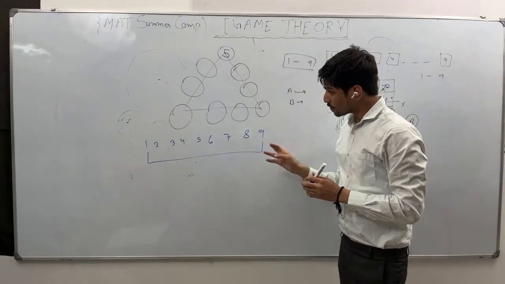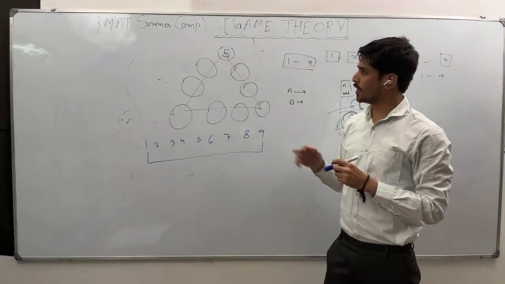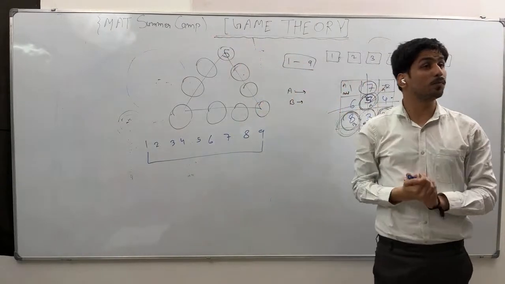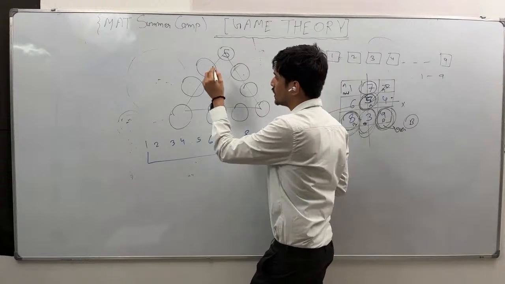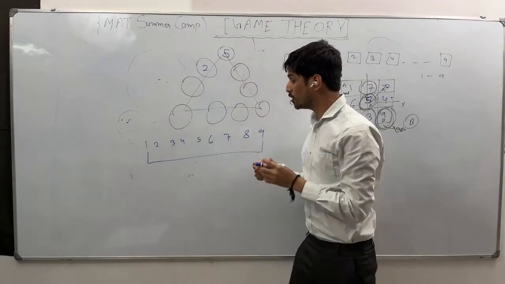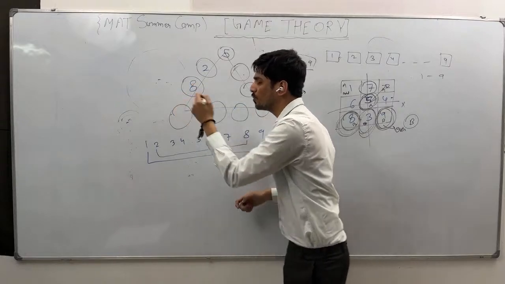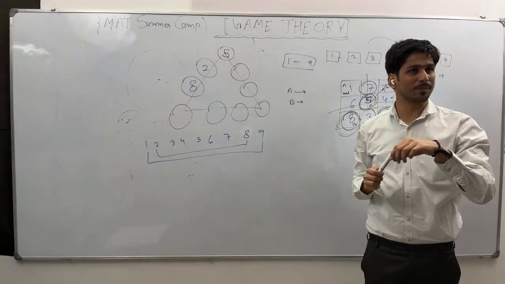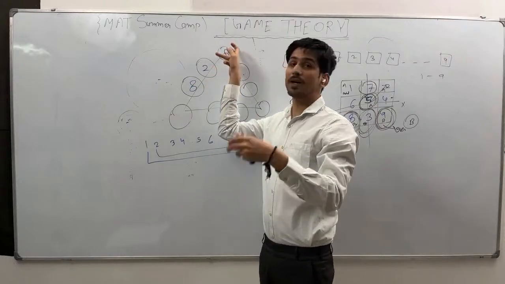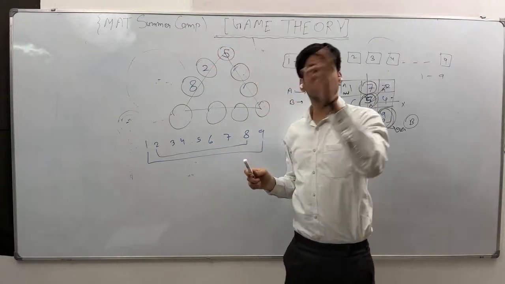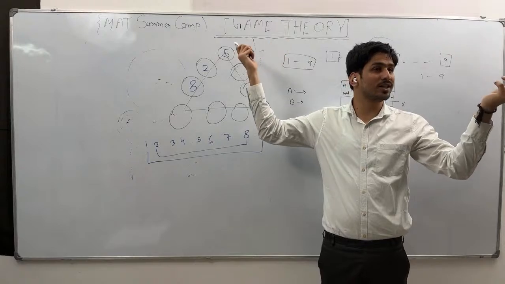The thing is, now whatever he puts, let's say here you have put 5. Now let's say B will play. Let's say B puts 2 here. Now you already know that if B is putting 2, then what will you put here? 8. Now he cannot put 5 here. That's the main purpose. 8 plus 2, 10, 10 plus 5, 15. Because you know the sum of two numbers is 10, 5 is already there, then what will happen?